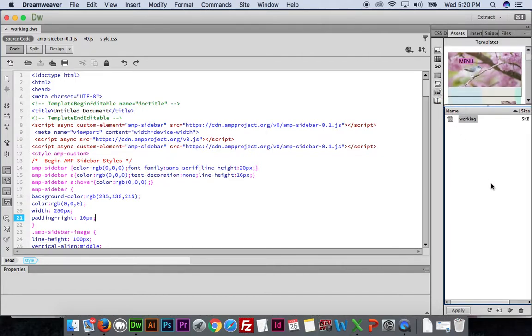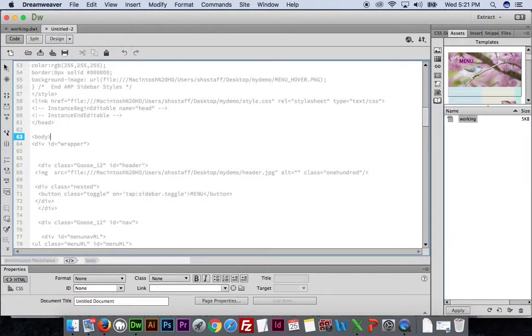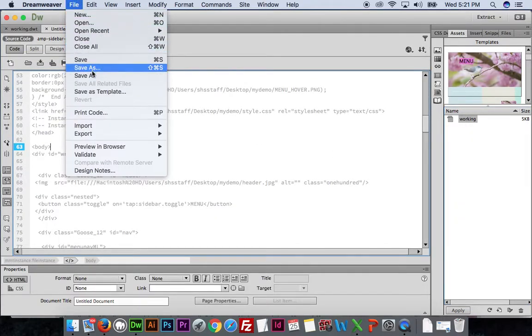Now watch closely. Remember, I saved this as template. I didn't do save as. I didn't do anything like that. So I'm going to right click. I'm going to go to Assets, find my working, right click, and do New from Template. Not New Template, not right there. New from Template. And my first page, I'm going to save it as